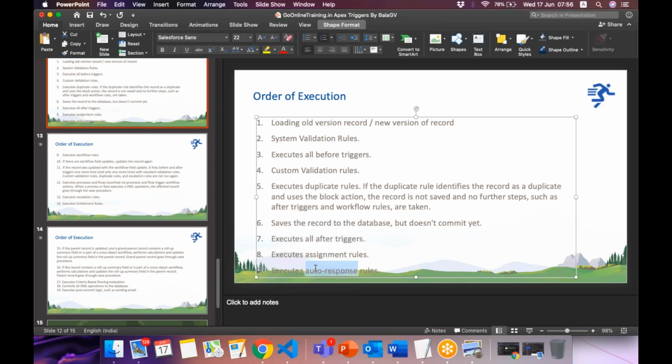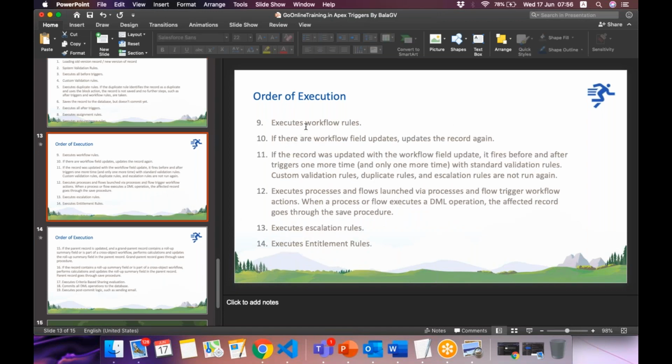Auto response rules. So whenever someone raises a case, creates a case record, we'll create an auto response, like some welcome or some email automatically goes to a user telling that someone is assigned on their case and they look into it. Right? So then